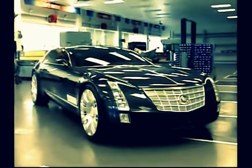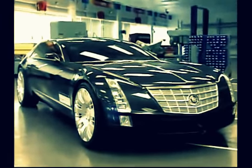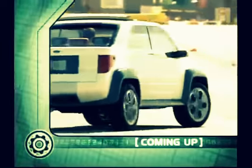Concept cars are all about elegance, styling, power, and now, this. Coming up,